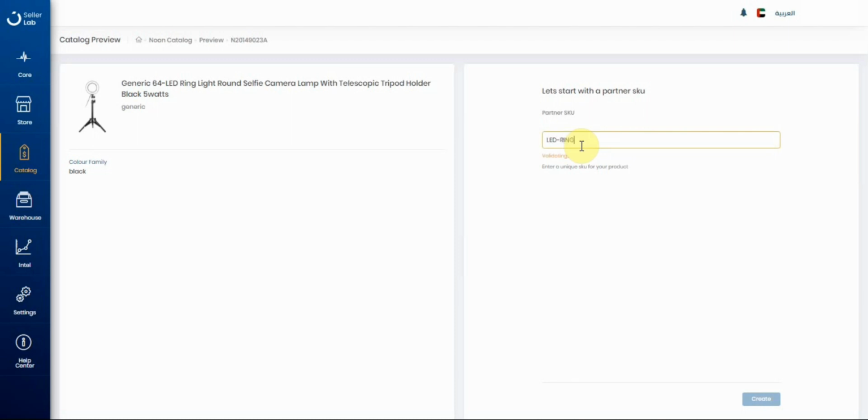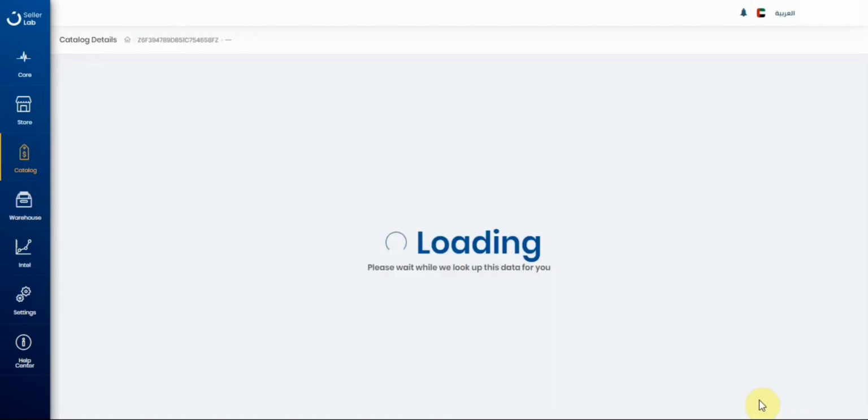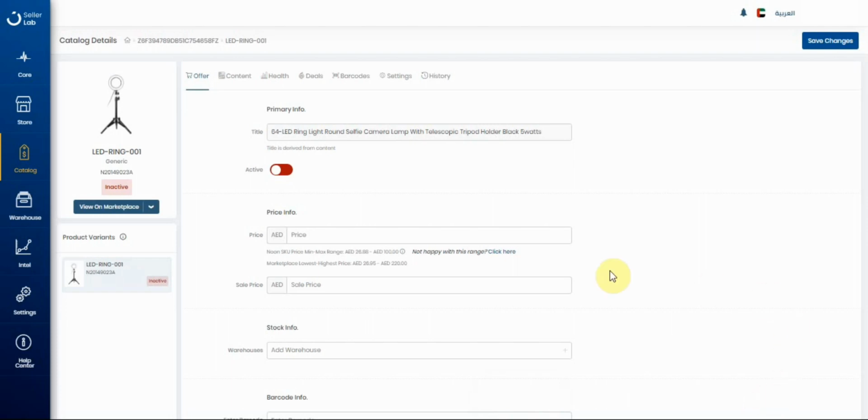The product SKU is a name that is assigned to your products by yourself in order to identify them with a small code. This product SKU is not shown to the customer, and its only purpose is easy identification of the product by the seller. Usually I like to use the product's model name or the model number as its SKU. Click on Create, which will navigate you to the additional information page, where you have to first activate the product